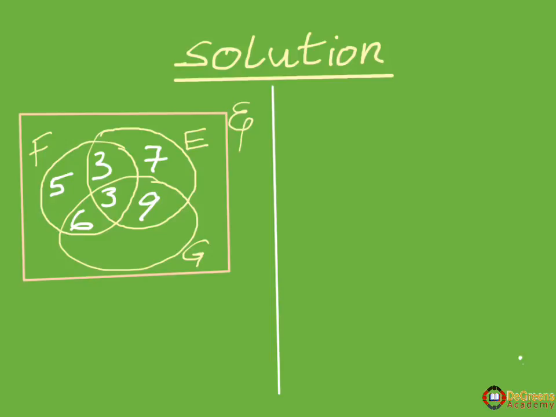So all the figures will fall within those circles. There will be no figure out of the circle since every student studied at least one language. Therefore, if we add all the figures within the circles, it should amount to 35, since there were 35 of them. So adding what we already have, 5 plus 3 gives 8, plus 3, 11, plus 6, 17, plus 7, 24, plus 9,